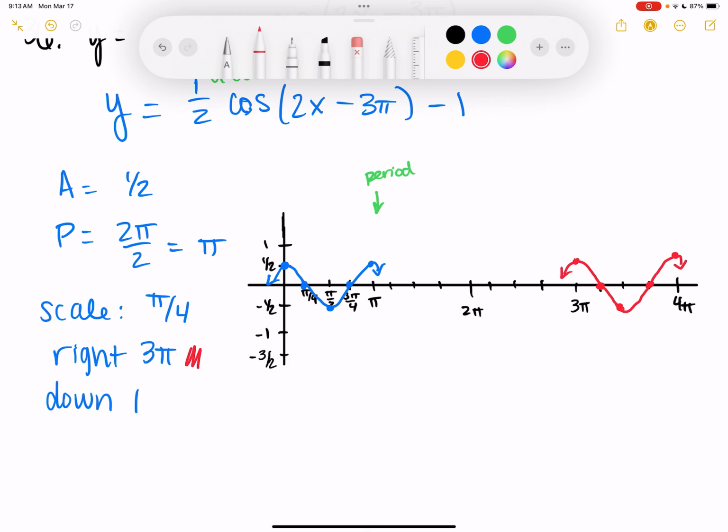And then I take every point and shift it down 1. Remember, I'm counting in increments of 1/2, so I just need to be mindful of that. So this point that's here, positive 1/2, is going down to negative 1/2. This point that's at 0 is going down to negative 1. This point that's at negative 1/2 is going down to negative 3/2. This point that's at 0 is going down to negative 1. And this point that's at 1/2 is going down to negative 1/2. And just connect the dots. So this is my final graph here,